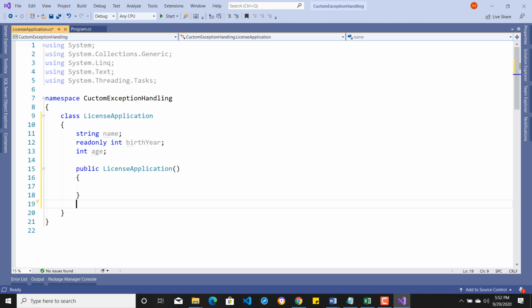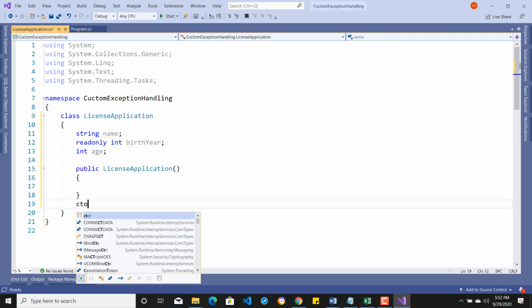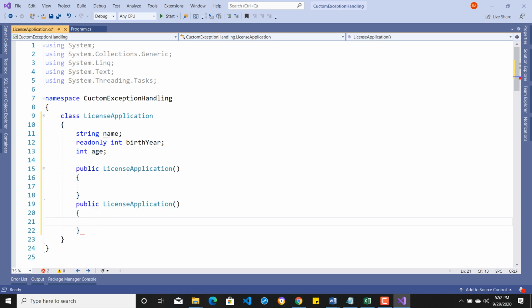That I have this default parameterless constructor. Now let's say I'm going to create a parameterized constructor. So I'm writing this constructor once again with my parameters string name and integer birth year, and then over there we're going to calculate the age also. So that's not a problem. So when you pass this.name is equal to name and this.birthYear is birthYear,